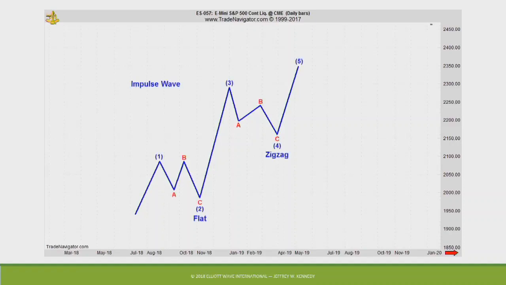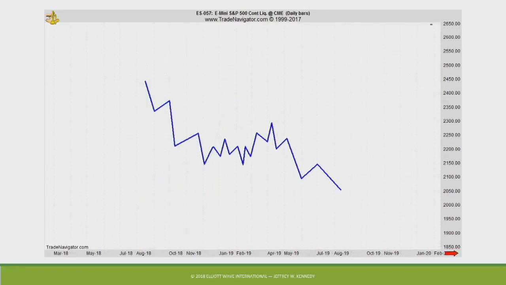And this is how you would look at it or break down its actual structure. Waves 1, flat 2, 3, zigzag 4. And kind of the giveaway on a flat is wave B ends at or near the origin of wave 1. Okay, what about this? Got it? Who said ABC? Okay, my students can't answer this.